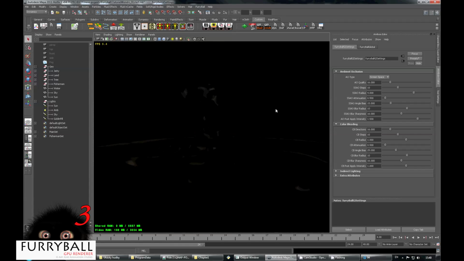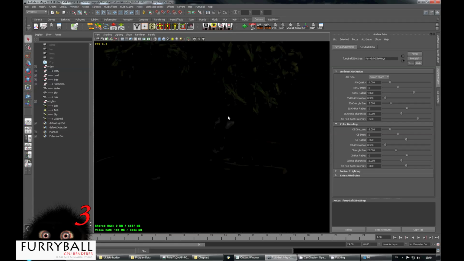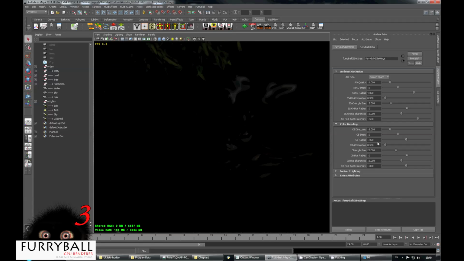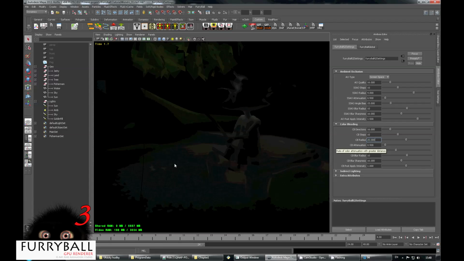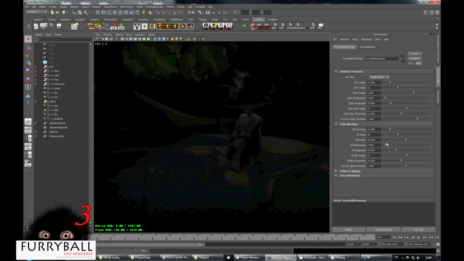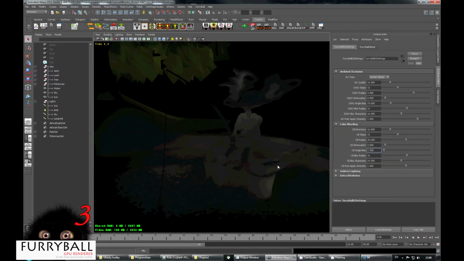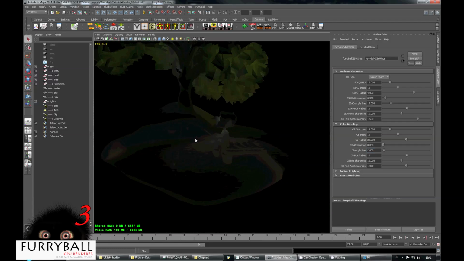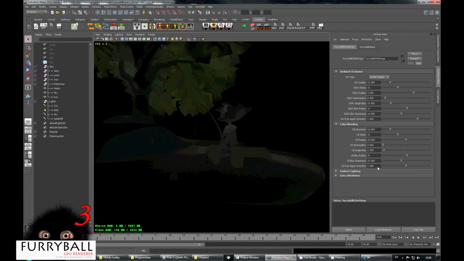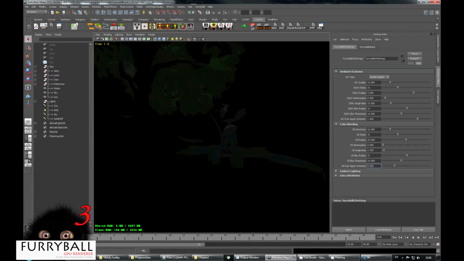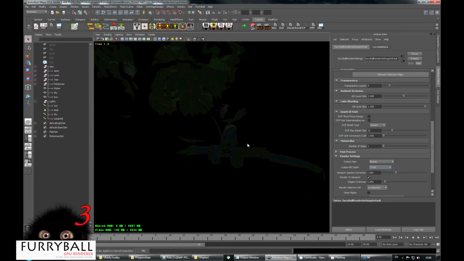I want my color bleeding to be white and simulate the bounce light in the scene, so I will change radius to maybe 20 and lower the angle to maybe 1 or 2 and lower this one too. Maybe the intensity is too much, so I will put it down a little,